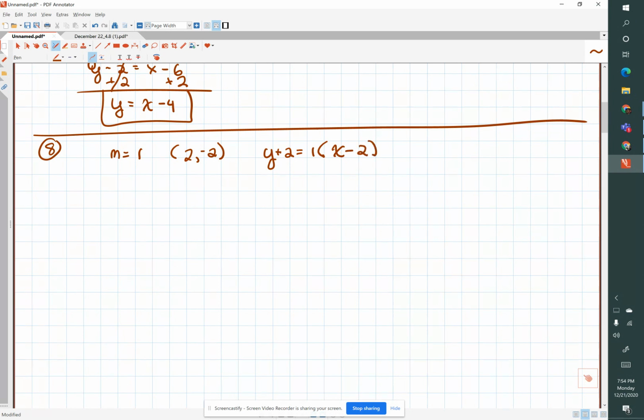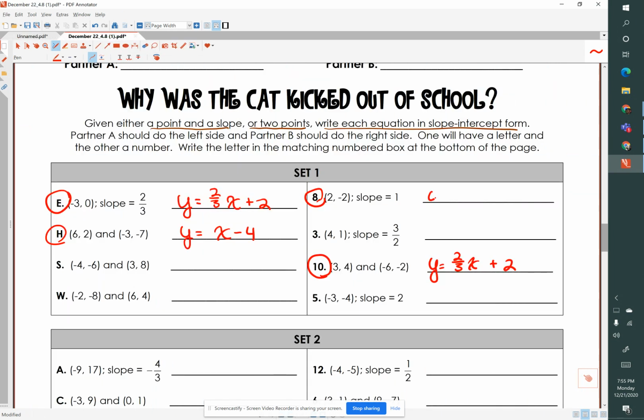I think you can already see what's going to happen here. Y plus 2 equals, when we distribute the 1, we end up with x minus 2. When we subtract 2 from each side, we end up with y equals x minus 4. Let's put that here, equals x minus 4. And we can see that 8